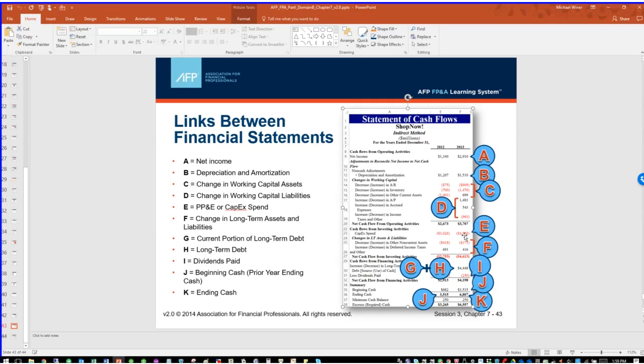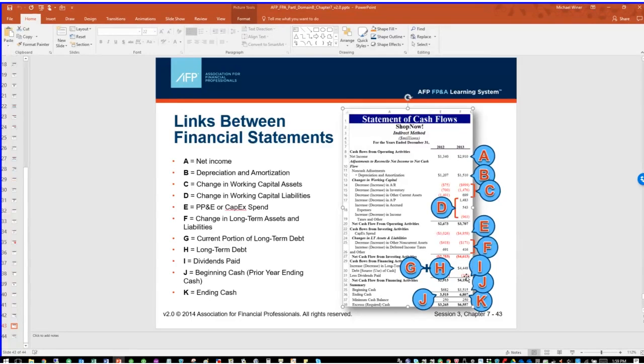So then we have our cash flow from investing activities. Again, this is the company's investments. So CapEx spend is what they've spent on fixed assets. And then this is the change of non-current and deferred, which are other long-term assets and liabilities. And then this last section is the increase, decrease in long-term debt plus the current portion of the debt, which in this case is positive, which means they must have taken a loan and they borrowed money, and they paid dividends. The dividends that they paid is a use of cash.